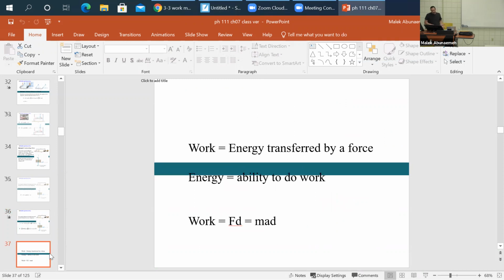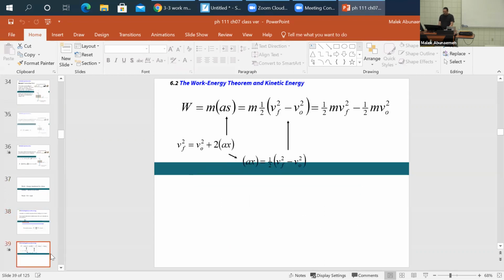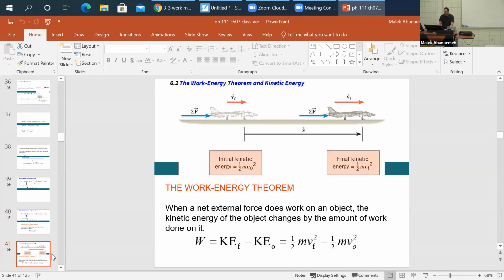So again, your work is the energy transferred by the force. Your energy is the ability to do work. Now, your work is your force multiplied by your distance, which is your mass times acceleration times your distance. And we actually went through this equation where we developed the definition of kinetic energy, which is your 1/2 mv squared, where your work is your change in your kinetic energy. So let's say